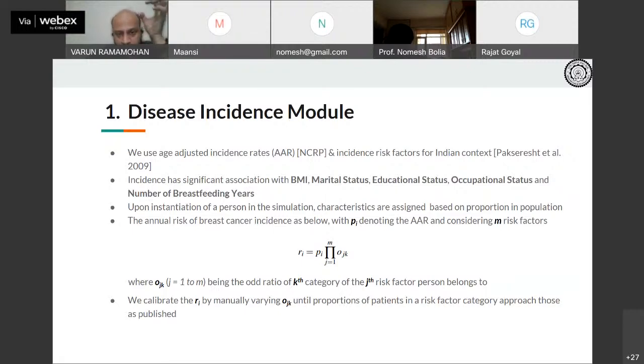Once we had the information in this published study, with some calibration, we were able to estimate what the age adjusted